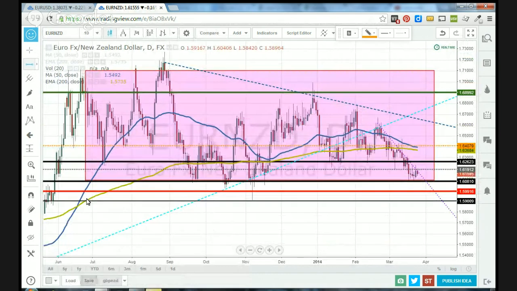Let me just make sure that entry order is still on. And yeah, so it's 73 pips below where the price currently is, which is a lot on a lot of other pairs, but on Euro Kiwi, it's a very volatile pair. I still like this trade. If it can fall 73 pips and fill my entry order, I'll view that as a positive thing. Especially if that happens like tomorrow, or maybe